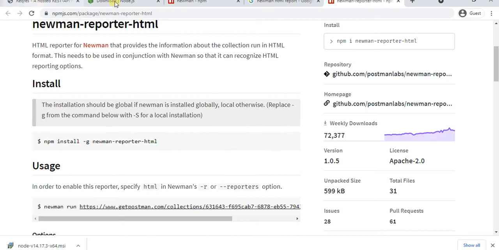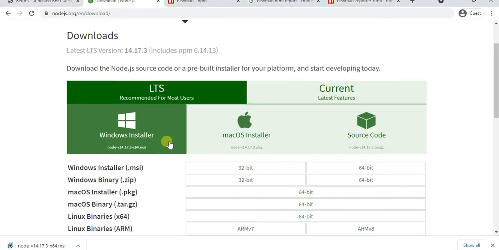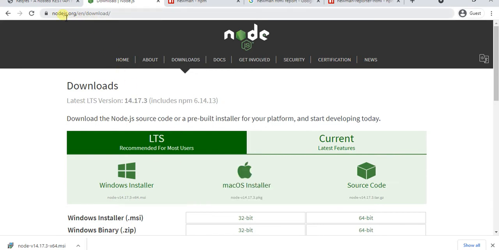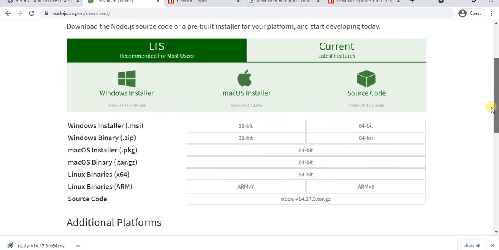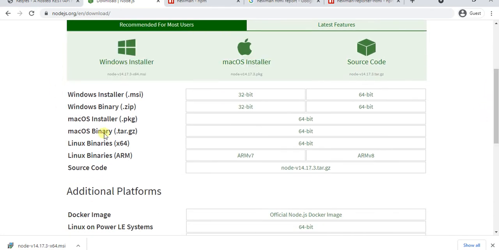Go to Google and type Node.js, then open the main web page. Here you will find Node.js. I am using Windows. If you are using 32 bit, you can use the 32 bit version. I am using 64 bit, and I already installed it.